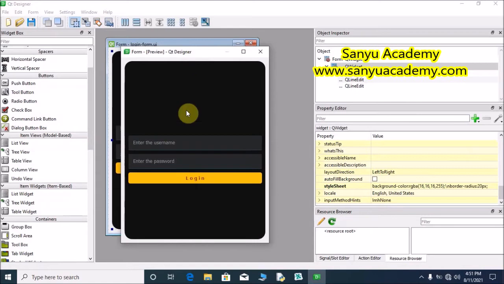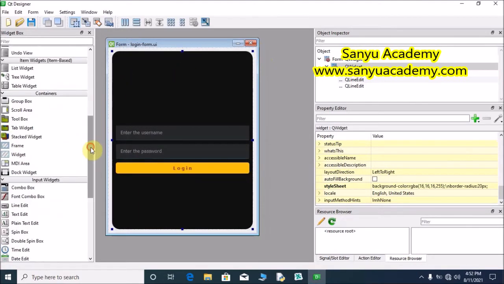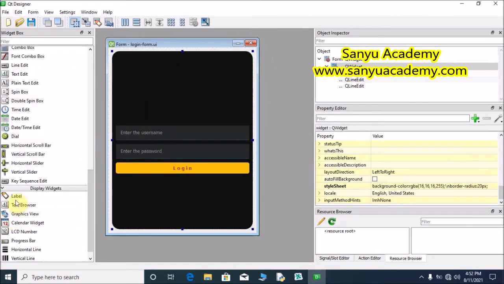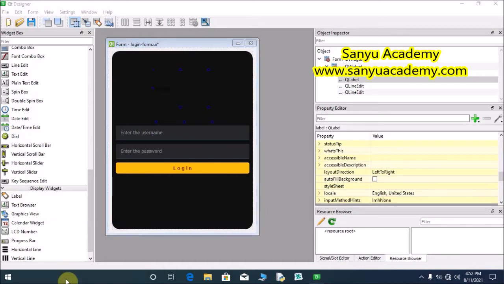Now we are going to add a simple logo like a lock. For that we are going to place a label. Select the label, drag the label. We are going to provide the lock symbol here. For that, go to the character map.